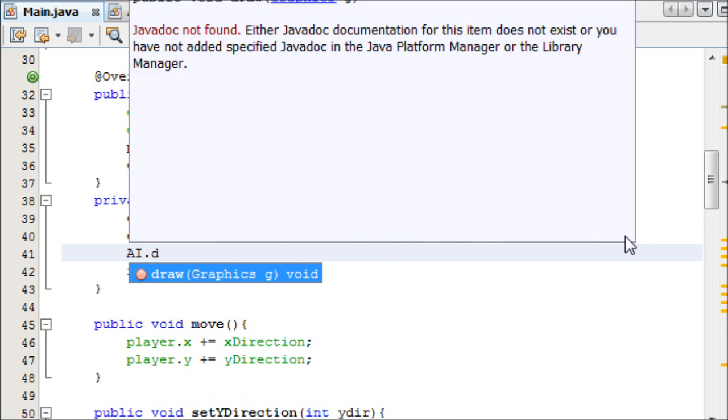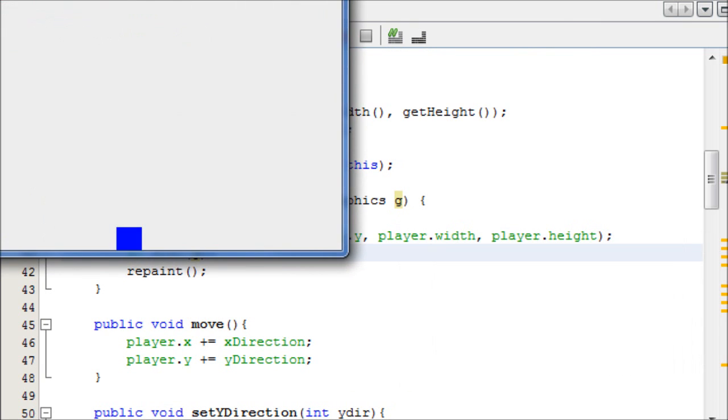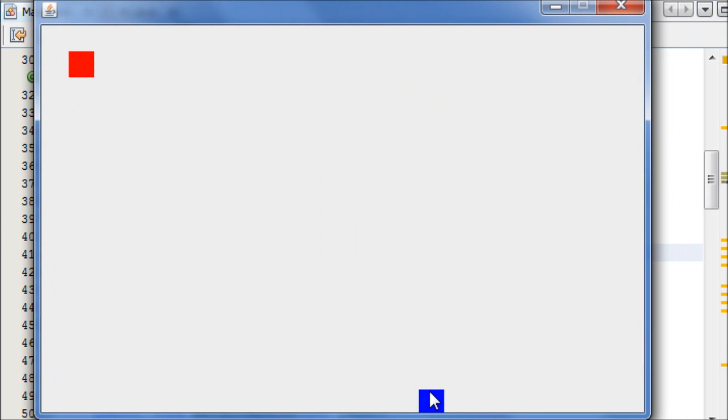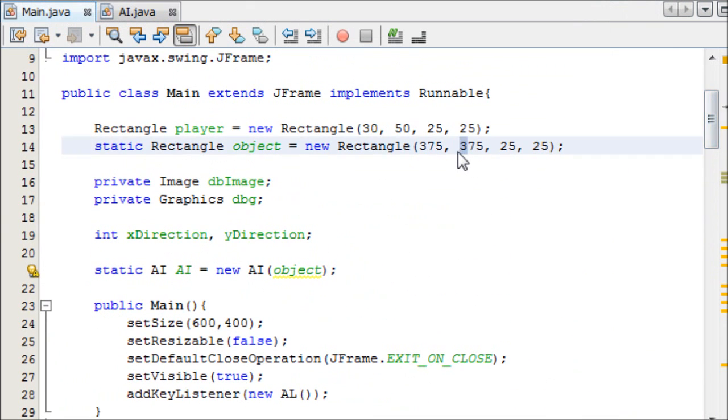And now I'll just draw it quickly. ai.draw, pass the graphics in, and if I run this now, we can see we have our